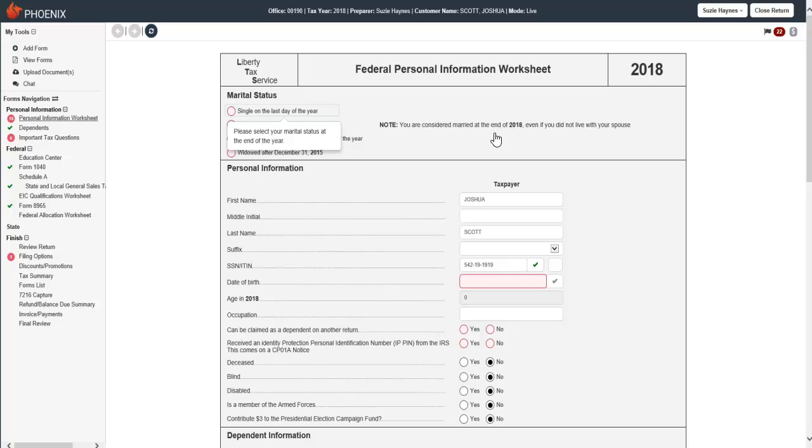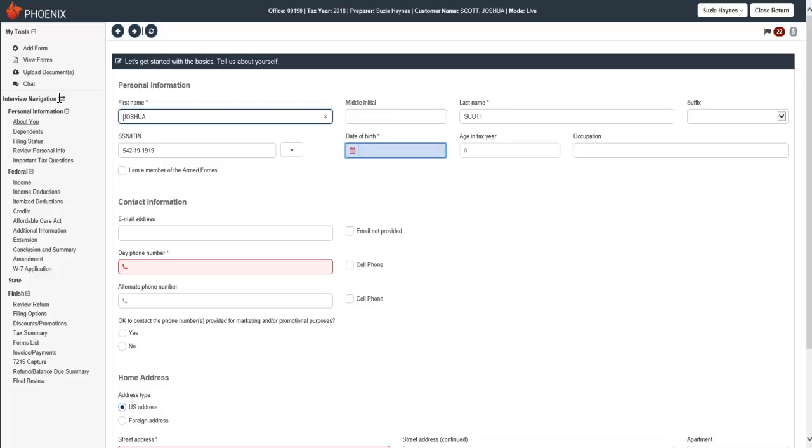And it brings up the information in the forms navigation. Now, if you are an experienced preparer, you may want to use the forms navigation, but you can also use the interview mode. So I'm going to switch over to interview just so everybody can see how simple it is. Put in his birthday, his occupation,